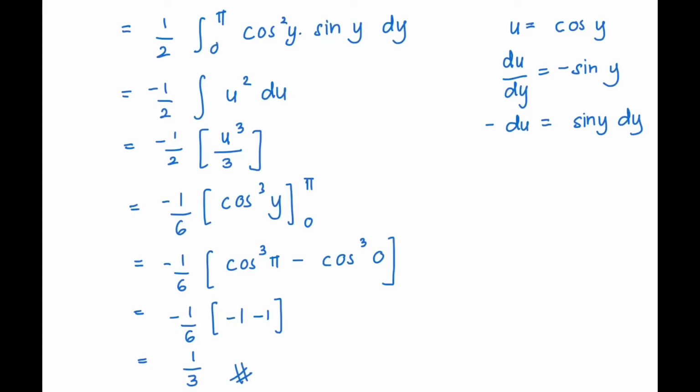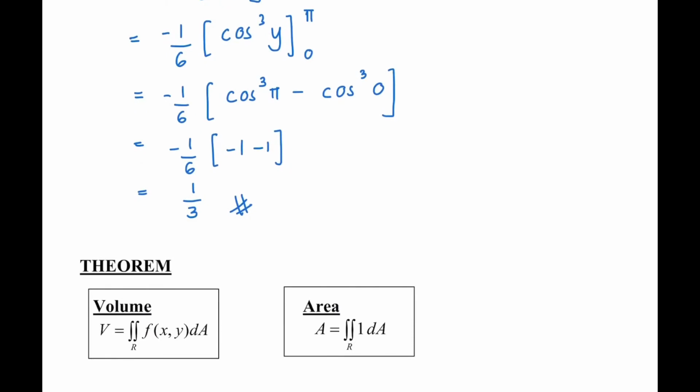Okay, now for the next part, we have the theorem for calculating the volume and area using double integration. Note here, you don't have to know how we derive this formula. We're just going to apply it. Using double integration, you can calculate the volume. Integrating over the region R, we have a function f inside there, and that means you are calculating the volume. If you have the function inside here as 1, integrating over the region R, that means you are calculating